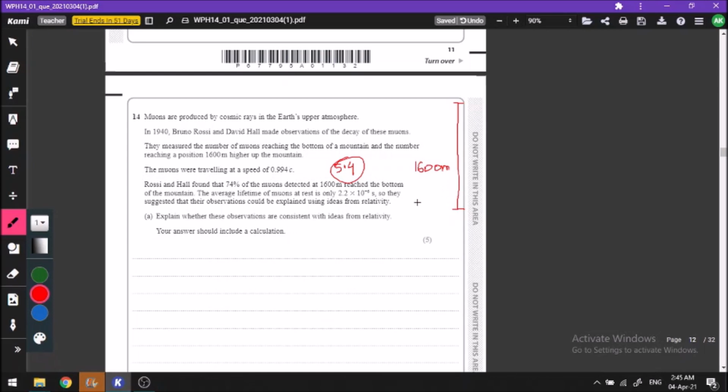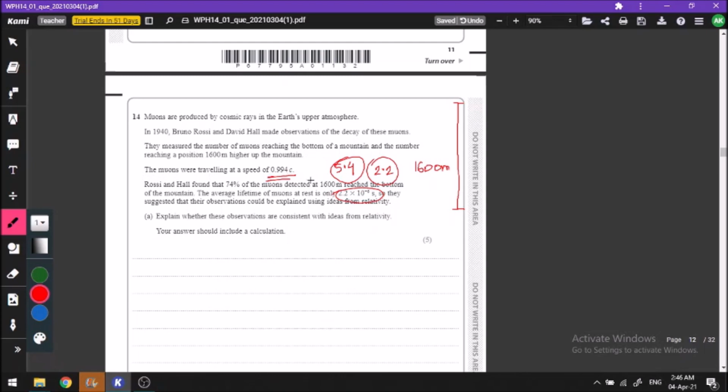But the problem is, the question says that the muons have an average life of only 2.2 microseconds. They only survive for this amount of time. Then how come they have been flying from here to here for 5.4 microseconds? The idea comes from relativity. We know that when something is traveling faster, time goes slower for that body. Since the muons are traveling at near the speed of light, at 0.994c, very close to 99.4% the speed of light,